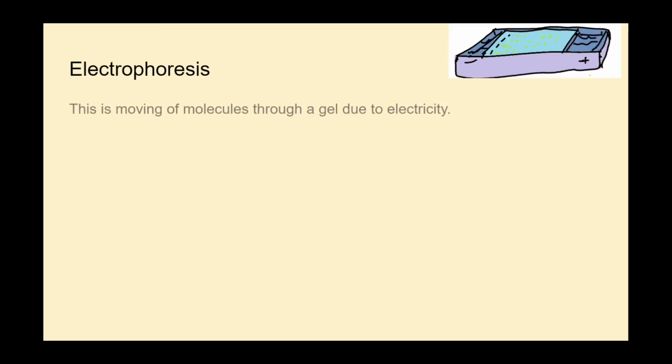Electrophoresis. This is the moving of molecules through a gel due to electricity. Since gel has pores, these molecules will move across the gel at different rates. So smaller molecules will be at the front and bigger molecules will be at the back. And when you do it with DNA, you can get patterns, and based on that, you can see who's related to who